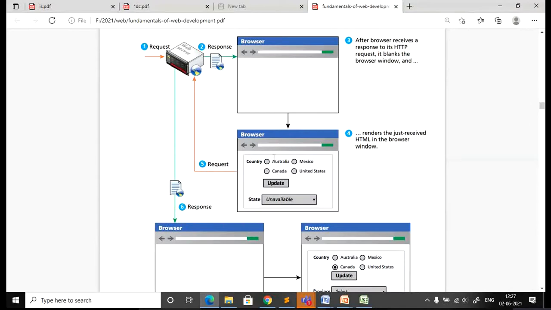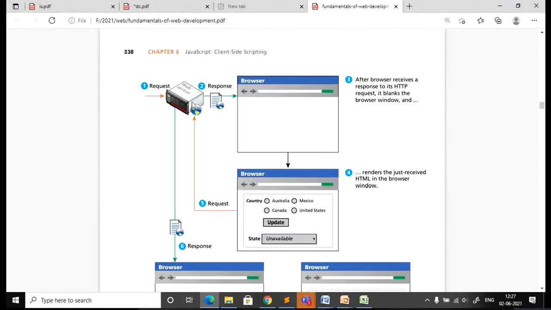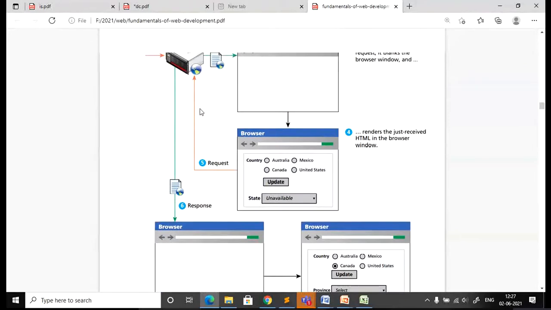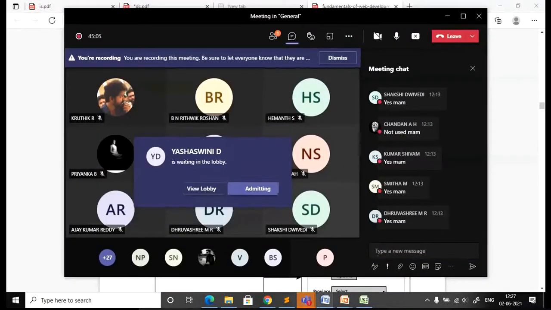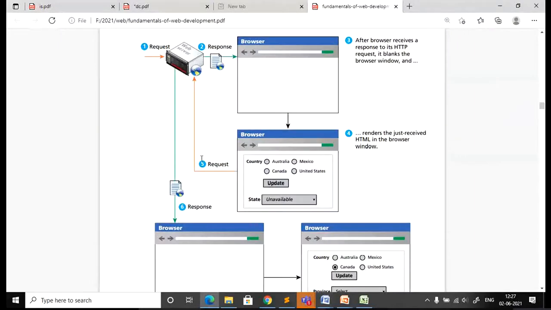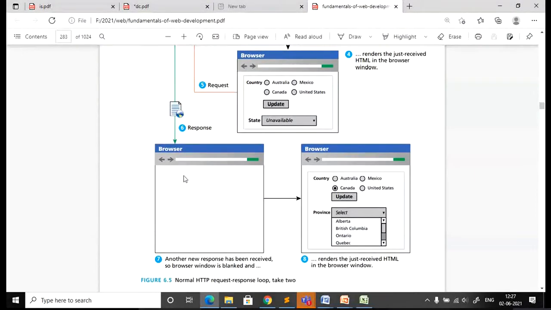Once again, if the user performs an operation like update, that request is sent to the server, and till you get the response from the server, the page will show blank.